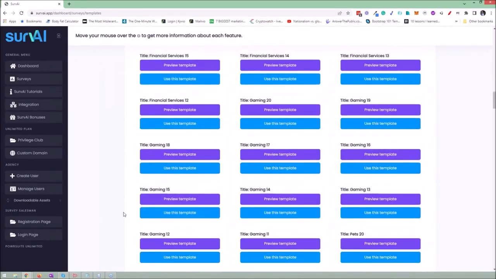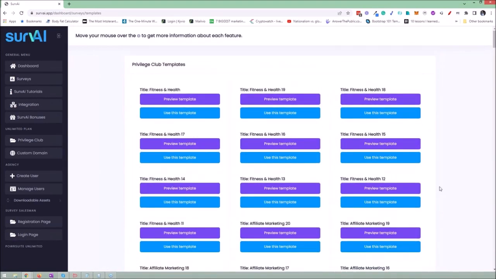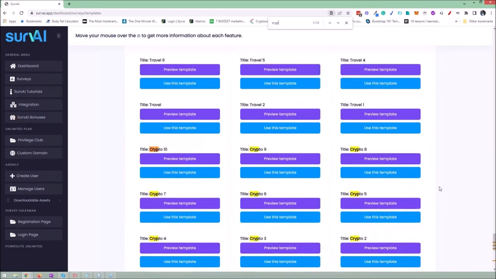We have a ton of different templates, right? We'll have a search button available here as well at some point, but you can just Control F, for example, right now, and you can see all the crypto ones that we have. Then we have travel. I don't think we have anything targeted to local, but let's say I wanted to create